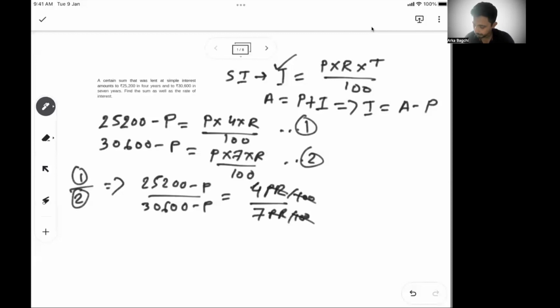So that's one way. But what we will do here is, we will not typically go that route. We'll see if there is a simpler way to solve this problem. So this is one way. The other part is, it's a simple interest, right?